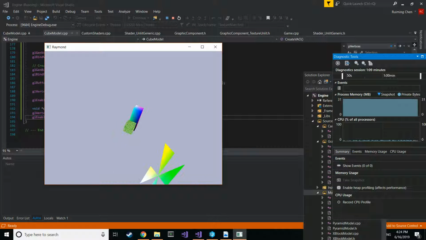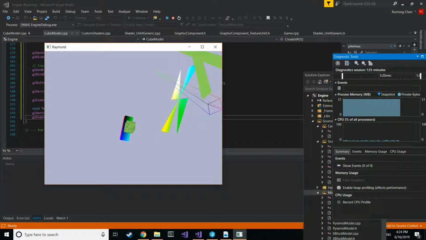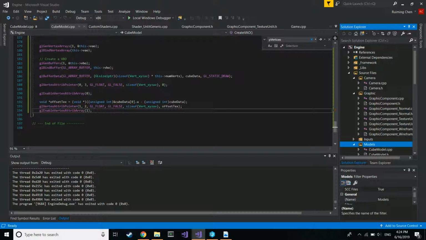For shapes, I have cubes and pyramids, and there's a fan shape, and an X shape I've done. Because of time constraints, I didn't make a 3D X, so it doesn't have a side. It's pretty much just a paper that has an X shape on it. So for the code base,